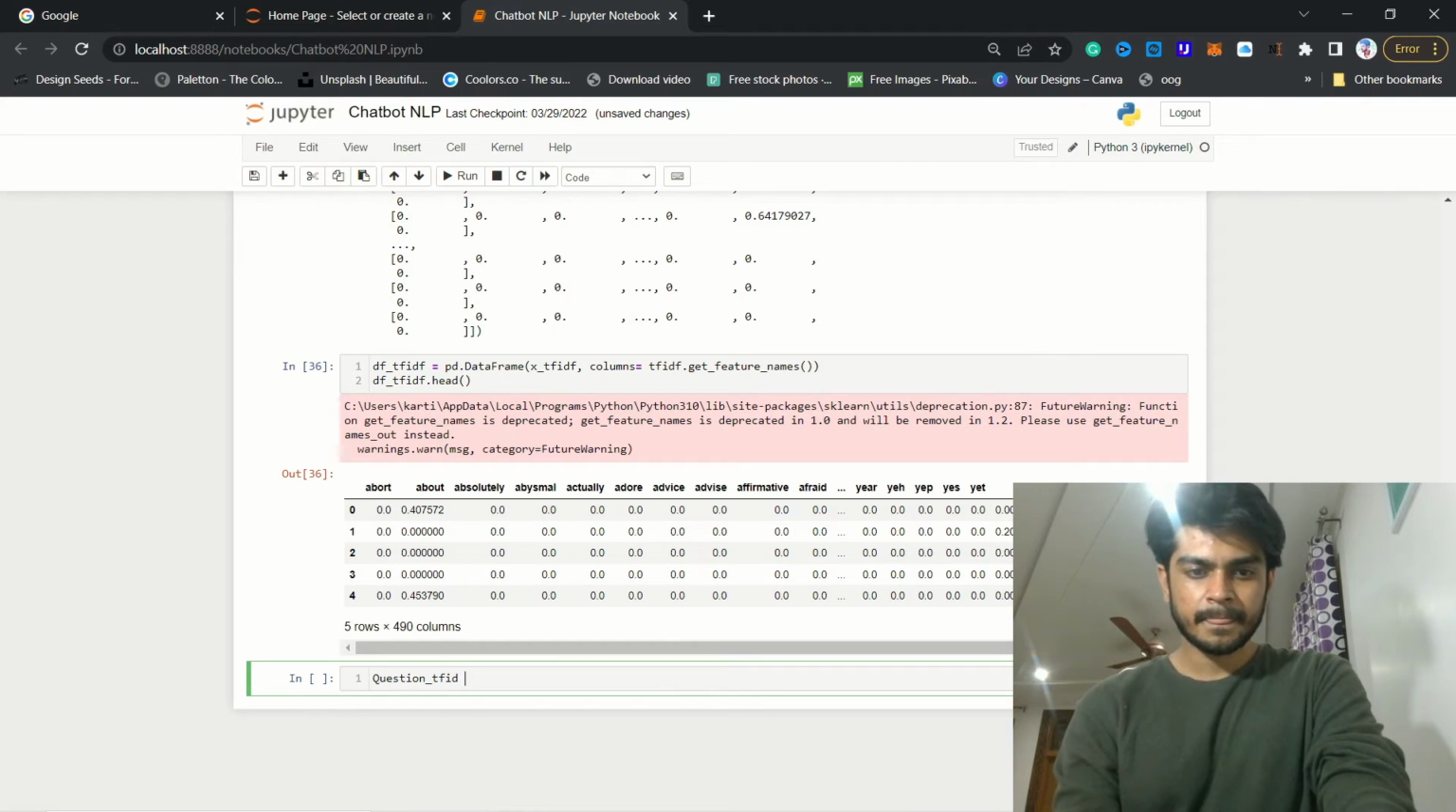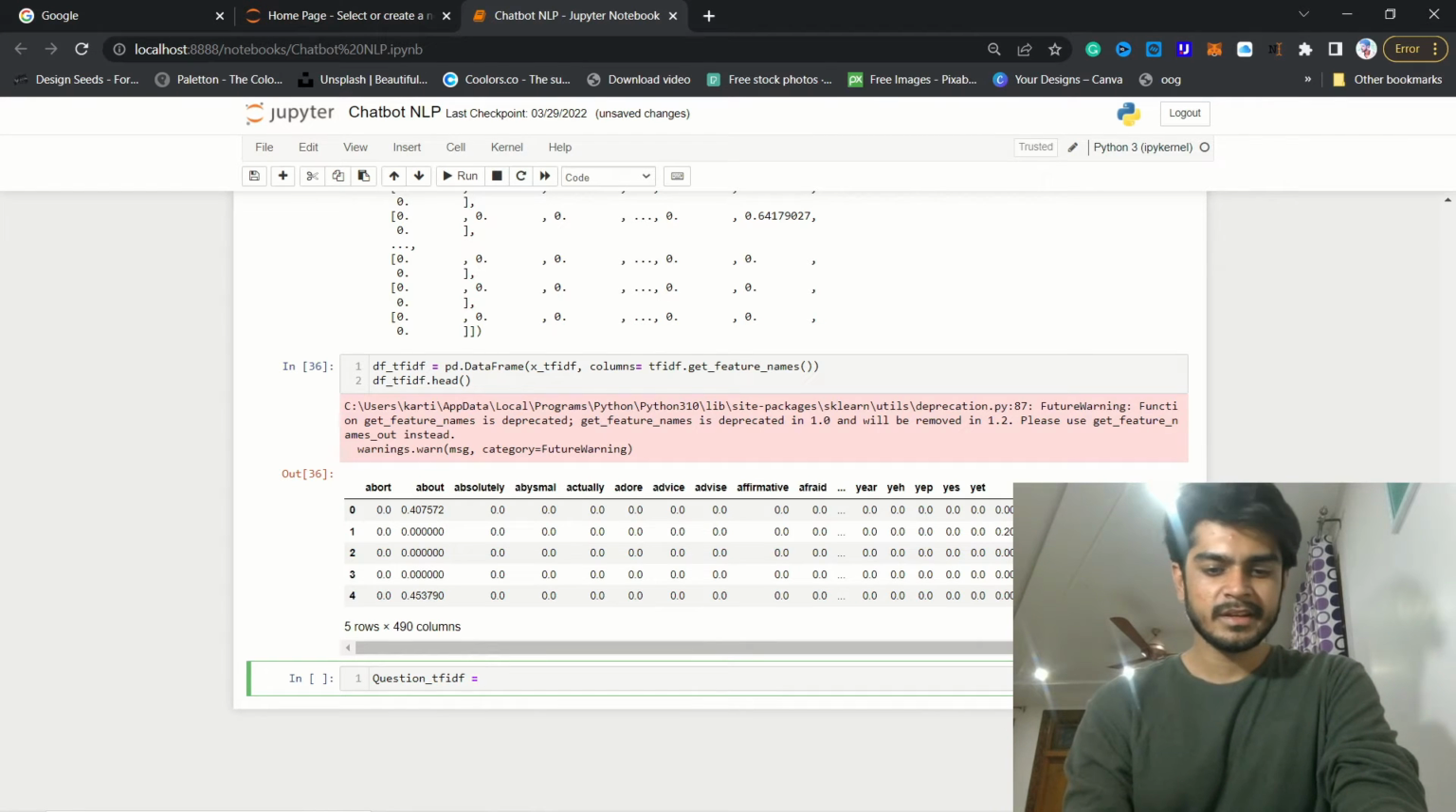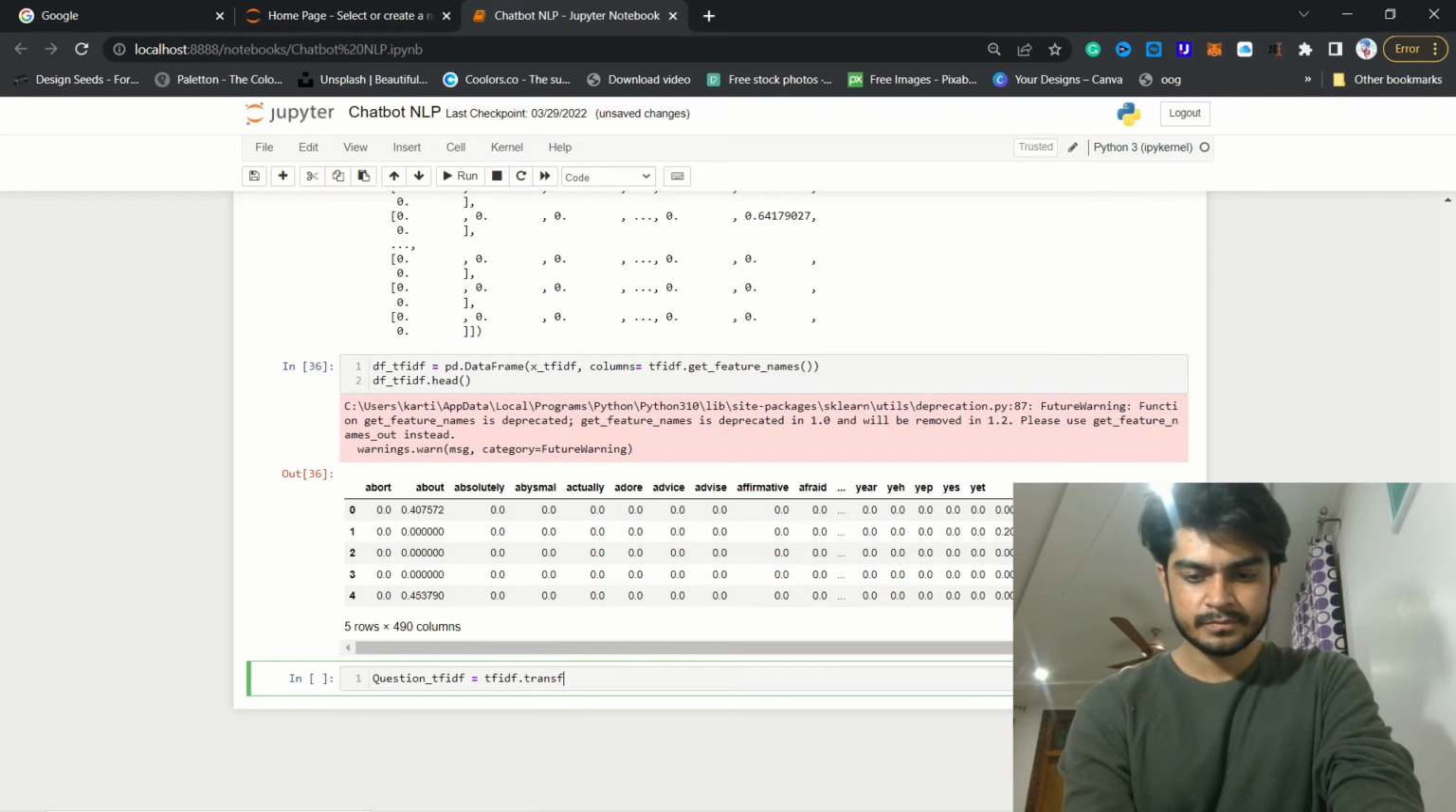TF-IDF, we will not get that error which we were getting. So tfidf dot transform